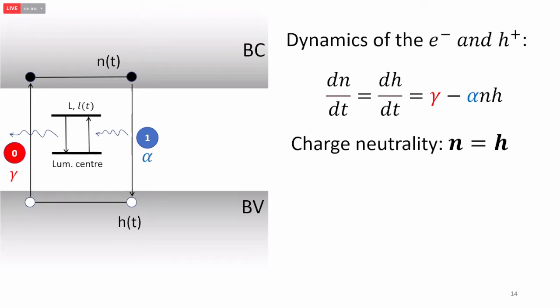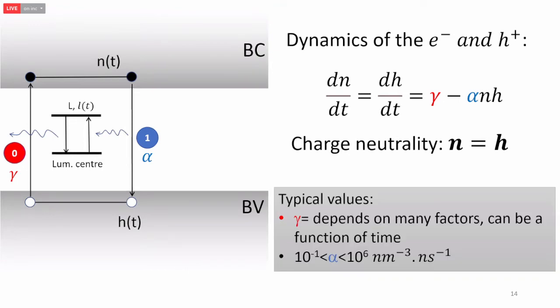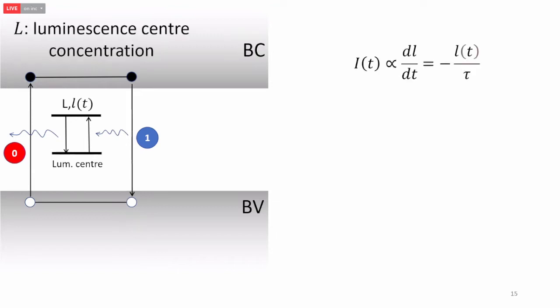Our materials are normally neutral. The nature always find a way to neutralize itself in terms of charge. So we are starting from the charge neutrality, and typical values from this alpha depends on the pumping, and gamma depends on the pumping scheme. We are simulating two types of pumping, and alpha, as I showed before, depending on some values found in the literature. As for the luminescence center, we can say, okay, I can apply the same